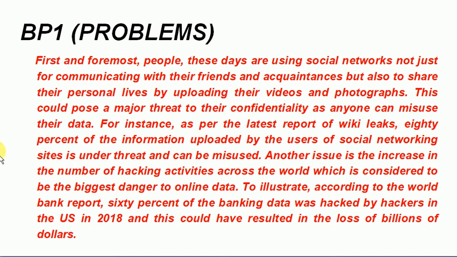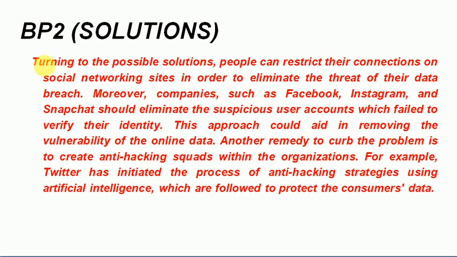So we move towards the second body paragraph, which is solutions. Fine. So in this body paragraph 2, I start writing the solutions. We have to write 2 solutions because we have mentioned 2 problems, so there could be 1 solution for each problem. So we started this paragraph with "Turning to the possible solutions." This will indicate to the examiner that now in this paragraph you are going to talk about the solutions. So we have written "Turning to the possible solutions," comma. First you will write the solution for problem number 1. So problem number 1 was